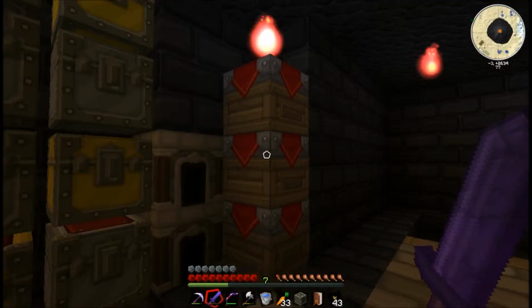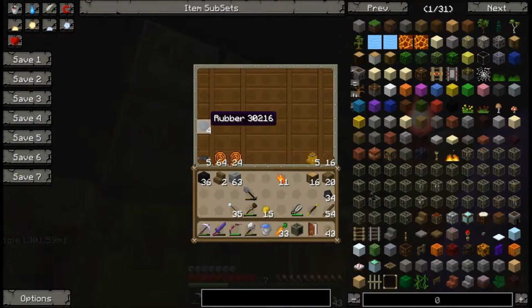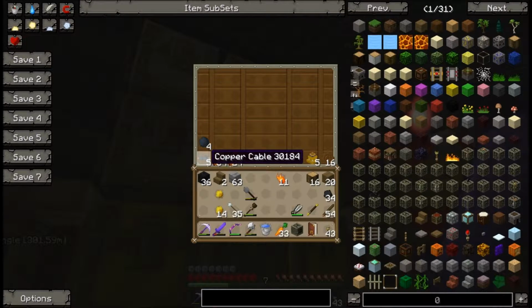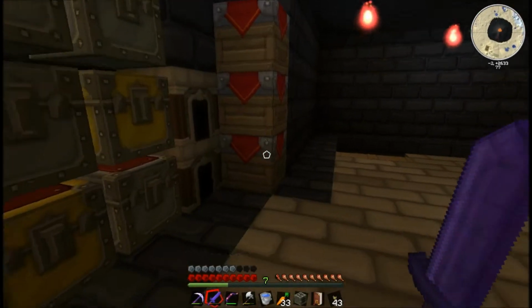But the second thing that we want to make, now making these, where is it? Making rubber out of this is very pricey. One sticky resin makes 1 rubber, and 6 rubber makes 6 copper cables. Now, there is a much easier way to get rubber. Not so much easier, there is a more efficient way of getting rubber, and that is with use of an